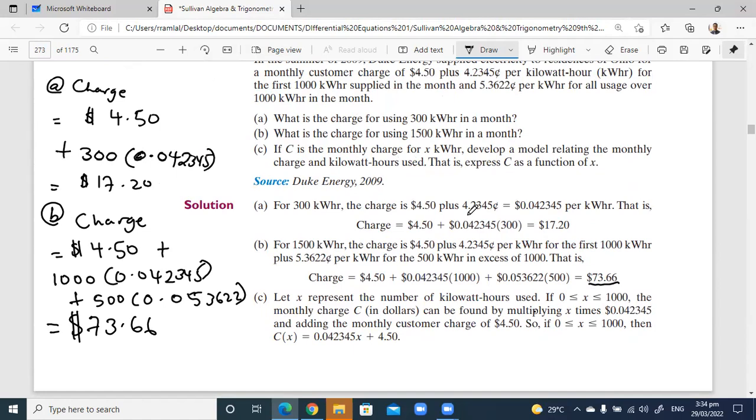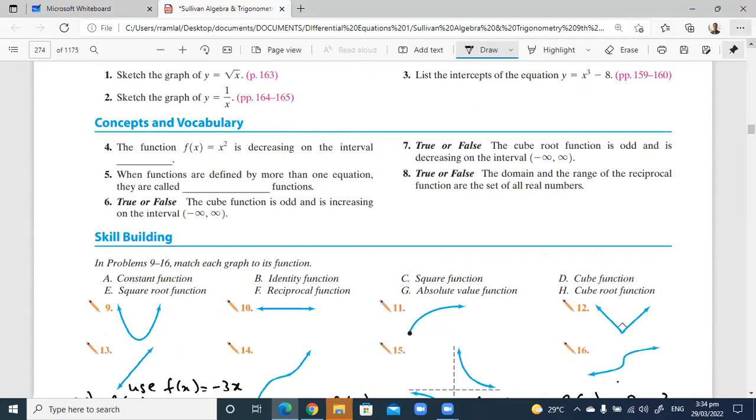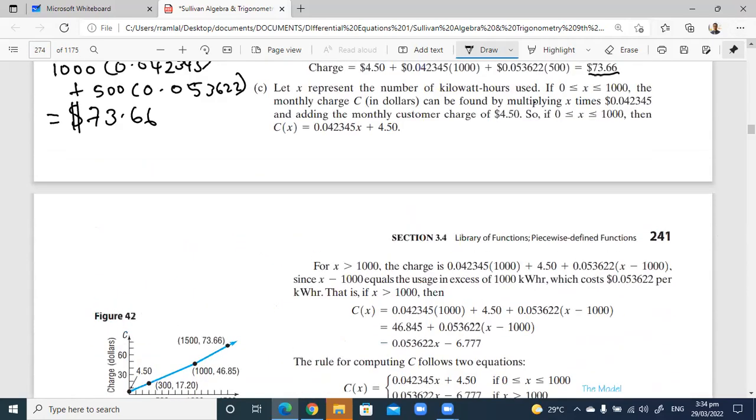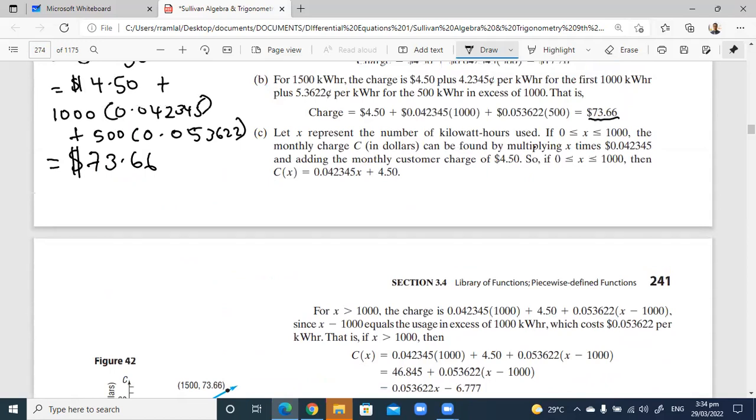So part C, if C is the monthly charge for X kilowatt hours, right? So this time you're burning X. Develop a model relating the monthly charge and the kilowatt hours used. That is, express C as a function of X. So now they want us to write a function, right? So let's write the function. I'll write it here. So the charge C of X, you're burning X this time, takes 2 parts. It's a piecewise function. One, the first part, if you burn anywhere from 0 to 1,000,